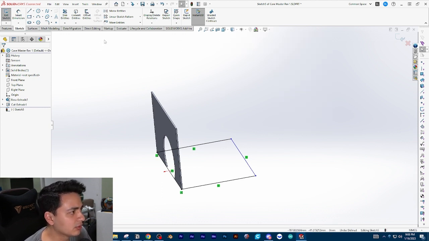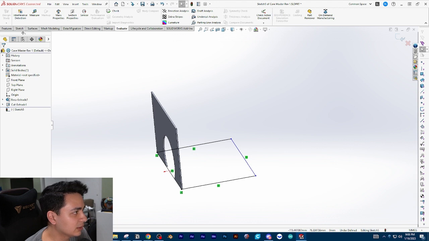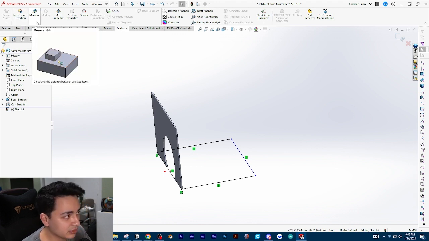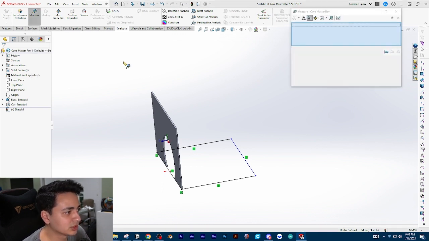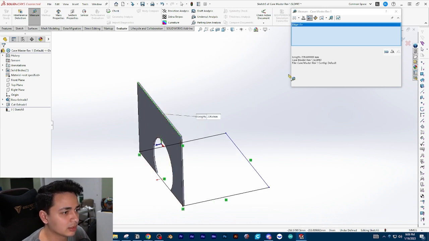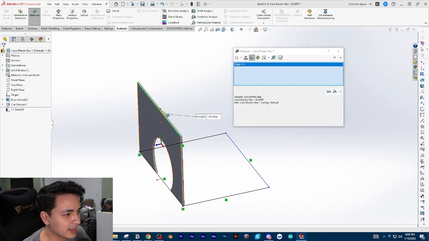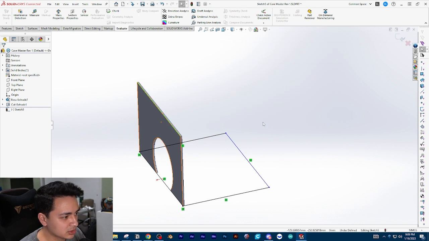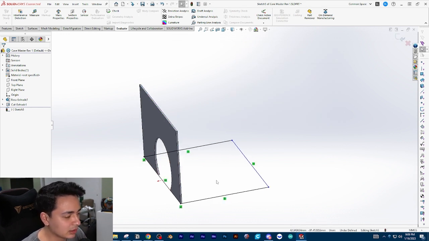But if you go to evaluate, I don't know if it's set to M by default, but I set a key binding for mine to be M for measure. So if I click that and then I click anything in 3D space, it'll tell me exactly what I'm looking for to measure. So that length is 228.6. That's not what we need though. We need basically,